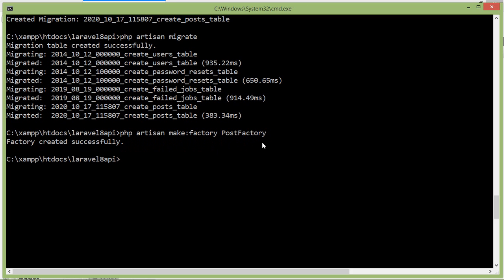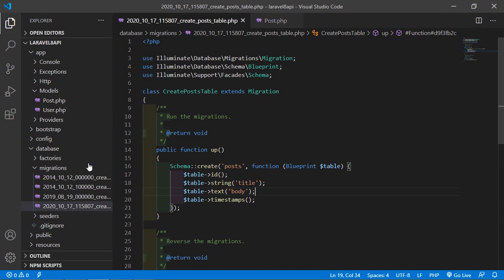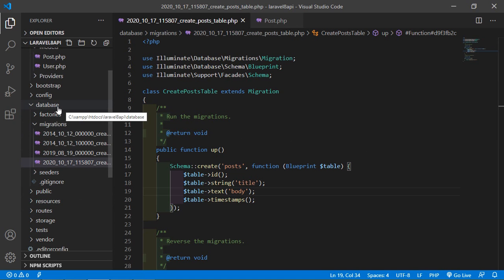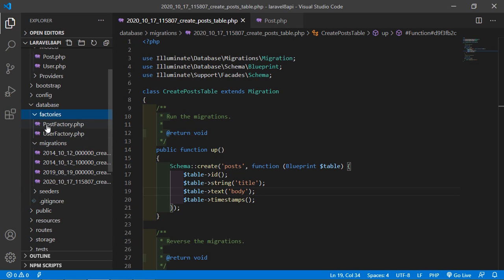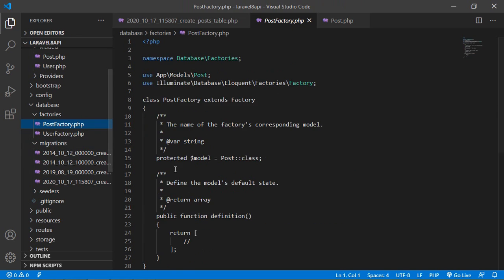Now just open this PostFactory. So inside the project, just go inside the database directory, then factories, and from here just open PostFactory.